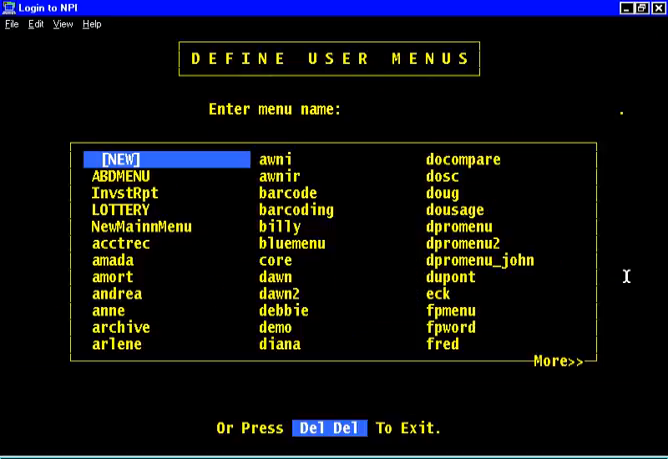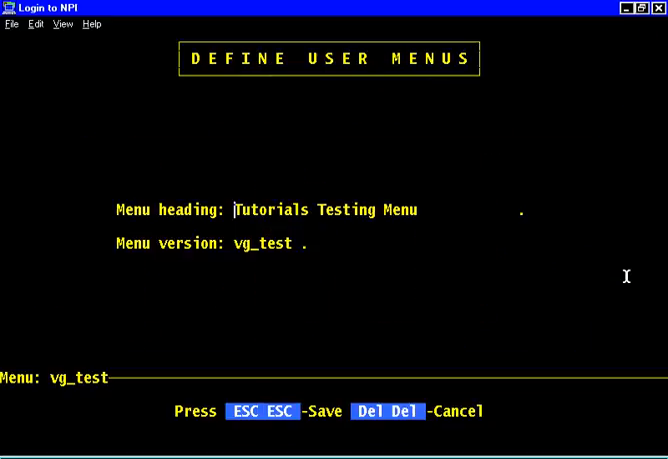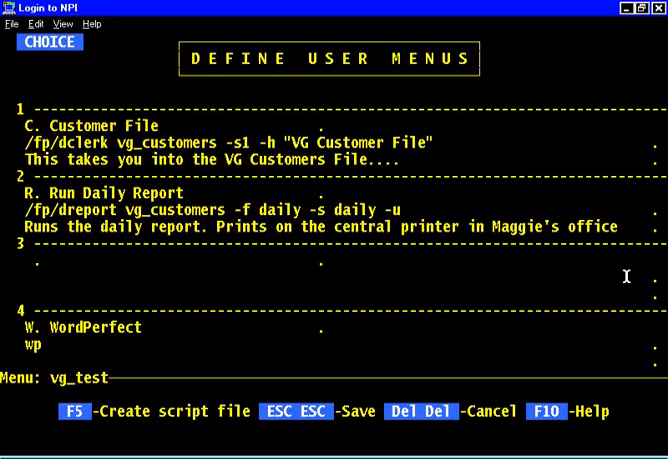What do you do if you want a user menu choice that's too long to fit across this line, from here all the way over here? It's only 80 characters. If you can't fit something, what do you do? Let's try it. Down at the bottom of the screen, you notice the prompt which says F5 to create a